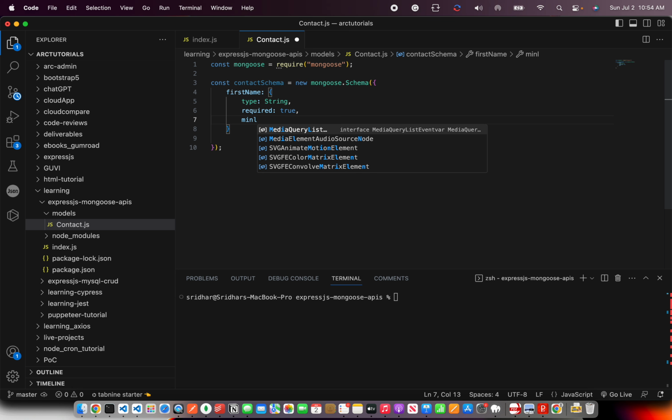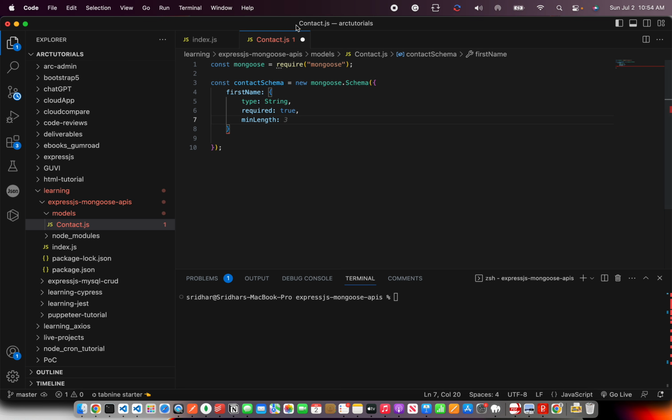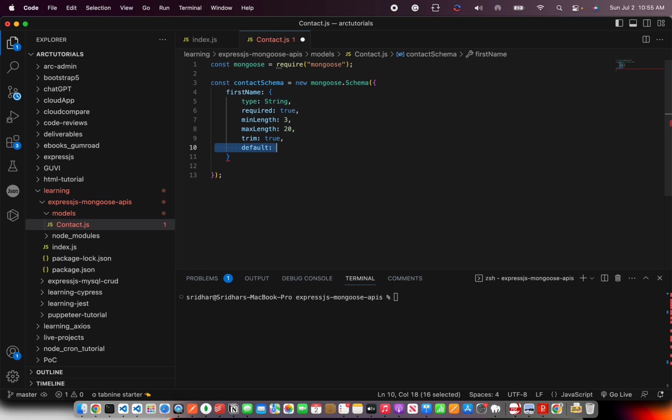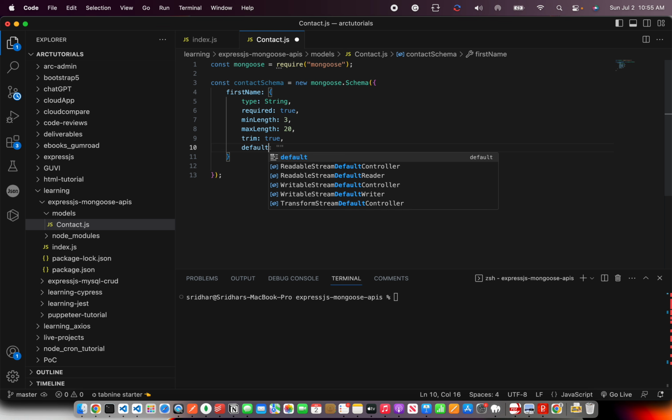We can also mention the minimum length. Sorry. And you can also mention max length. And then we can also give an option like, do we want to trim it? Yes, we want to trim the data. That means remove any white spaces that are there. You can also add some default value if you want. In some cases where you have data like active or not, you can put a default value, or we can also mention default is empty for now,